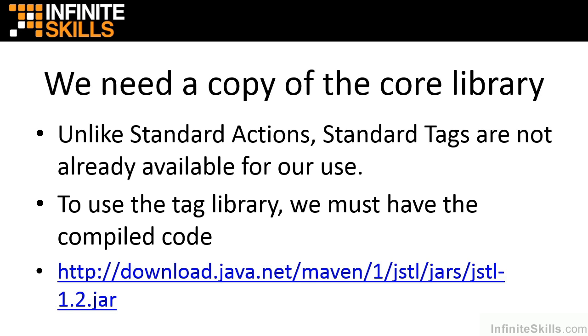Now, why do we need a copy of the core library? Well, unlike the standard actions, the standard tags or the core library tags that we're going to be using, they're not directly included with our container. So what we need to do is go ahead and get those tags, and we'll put the code into the library folder and use that. Now, the reason this works this way is because what we're actually getting is predefined code that's been precompiled. That jar file then is an executable jar file that's essentially going to live on our server that we can reference all that code without having to write it ourselves. So you'll note that there's a link here,